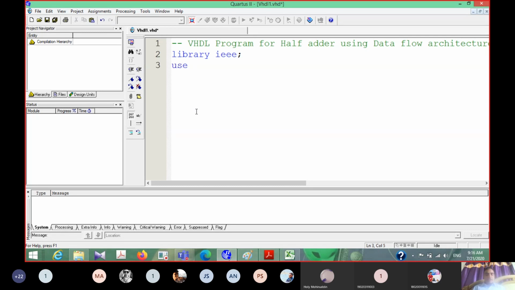So it is use, then the library name dot package name. Here the package name, for different logic functions, is std_logic_1164.all. So our library and package declaration is complete. This is the library and package declaration part of the VHDL program.